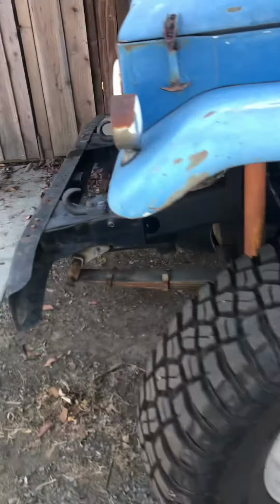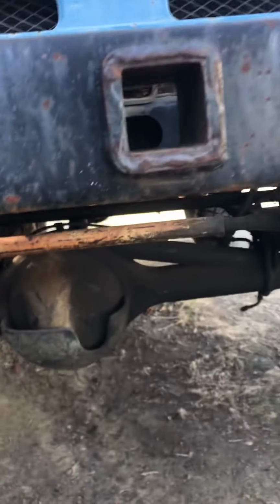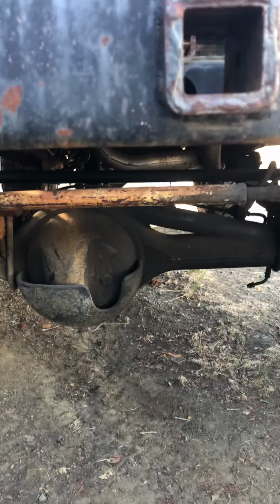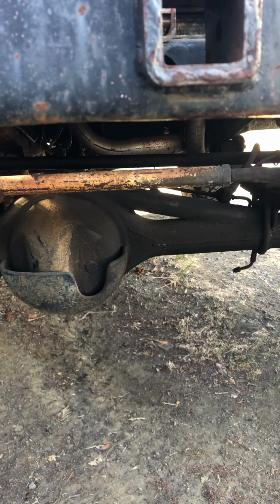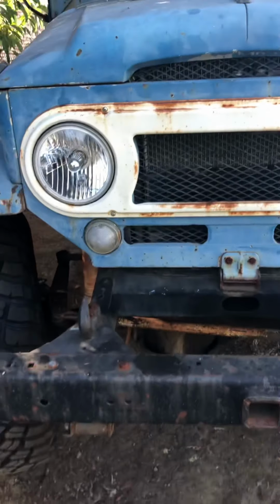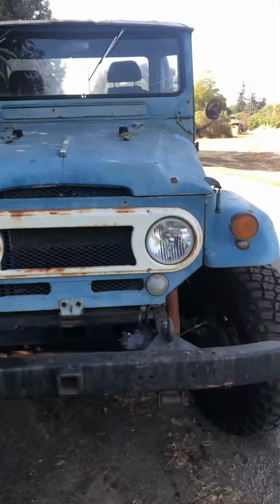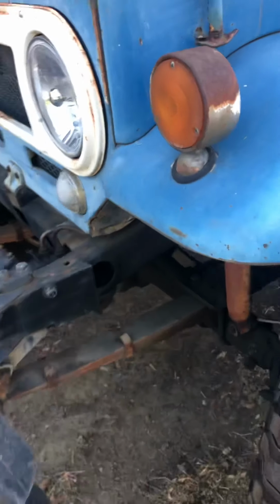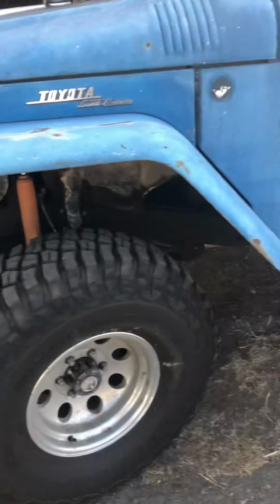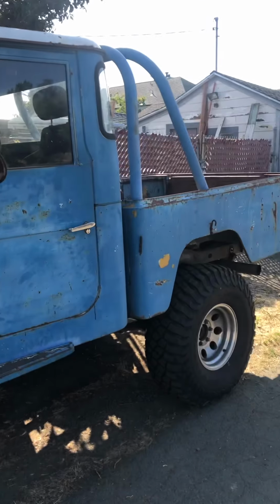But on the front of this, you can see that it's a spring over. It's got a Saginaw box, but he's got a diff cover. That diff cover looks awfully familiar. It sure looks like a Butch built diff cover, and I sure hope it is, because Butch is no longer with us, but his legacy of fabrication on FJ40s is, I don't know if I would say legendary, but he definitely did beautiful work, and his work was on par with factory quality aesthetics and